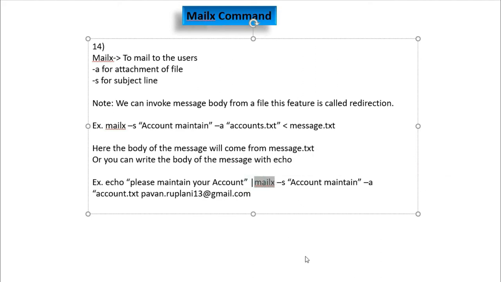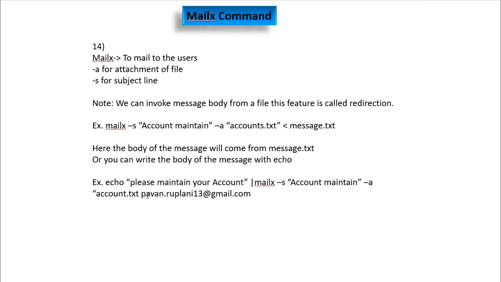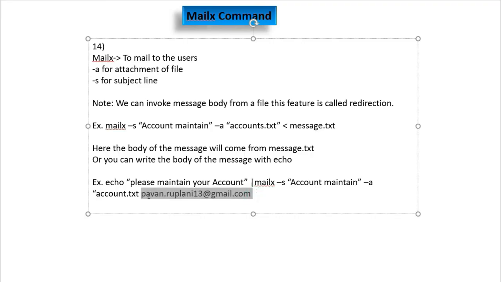In the mailx command you have an option called -s, which means the subject line of the mail. So you can write the subject line, and then you have an option called -a, which means you are attaching a file. Here we are attaching the account.txt file. And then you have to specify your mail ID.